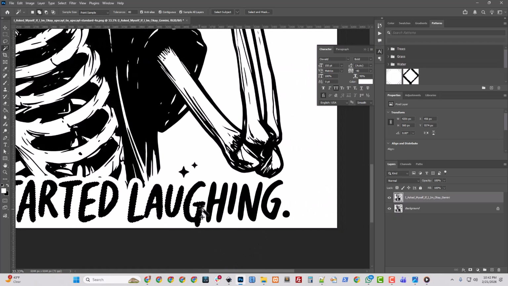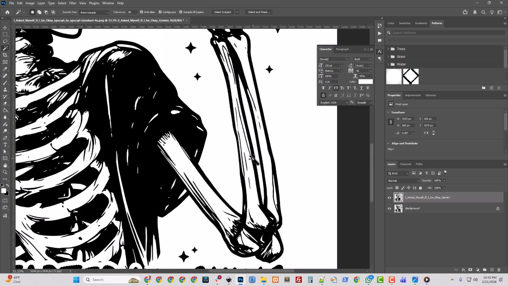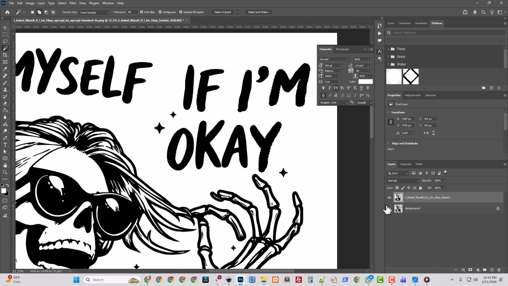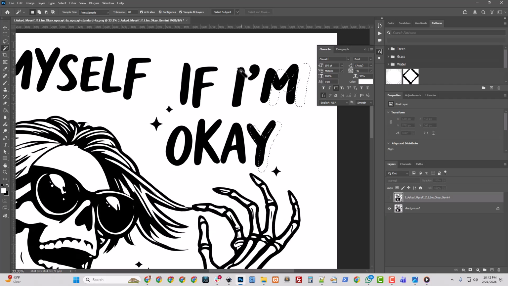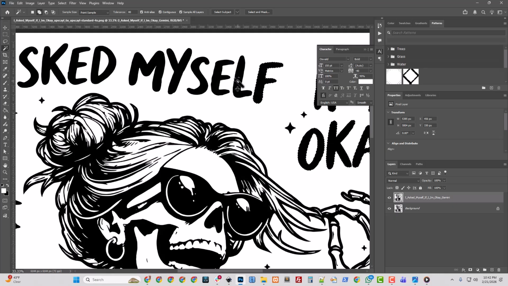And I just think this text has more life to it than the other text. The other text is good. This just has more. It looks crazed, which fits the design. It's more ragged. This is more normal, this is more ragged, and that's the aesthetic we're going for with this design. So we'll just grab all of these, holding shift. I got my magic wand. I'm going to town.